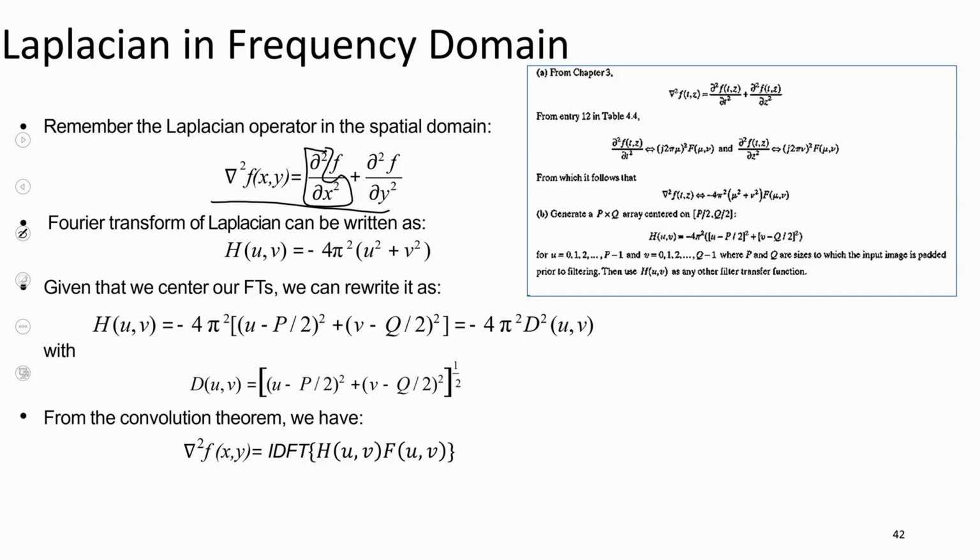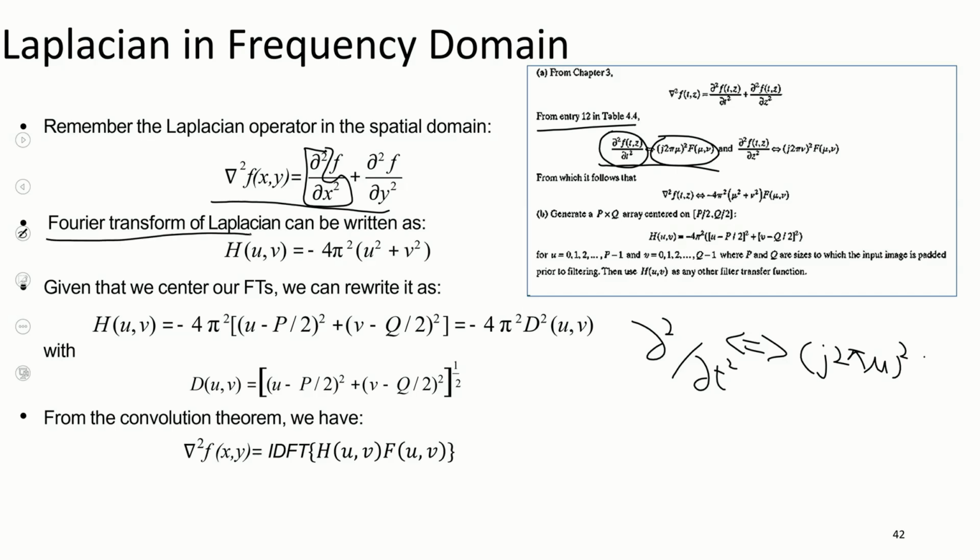Using the properties, this is given in table 4.4. The second partial derivative in the frequency domain is equivalent to this. In the Laplacian, you have the second derivative along the x-axis and y-axis, right? So the Fourier transform of the Laplacian function will be what? This is (ju + jv) squared. Yes or no? What will be the Fourier transform of this? That will be equal to (j2πu) squared plus (j2πv) squared, which is equal to